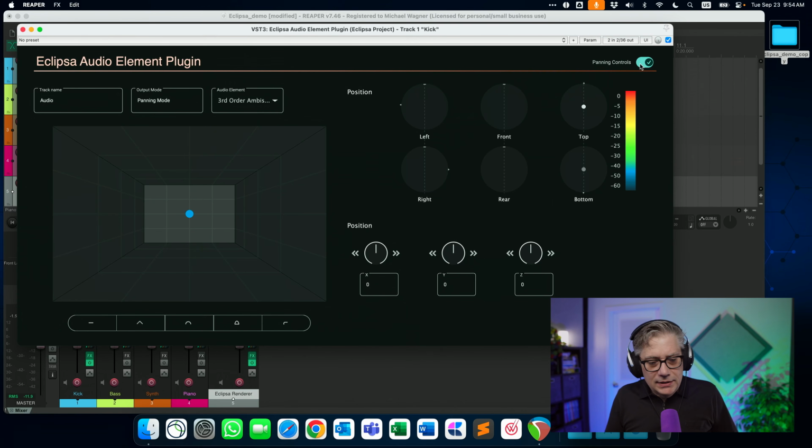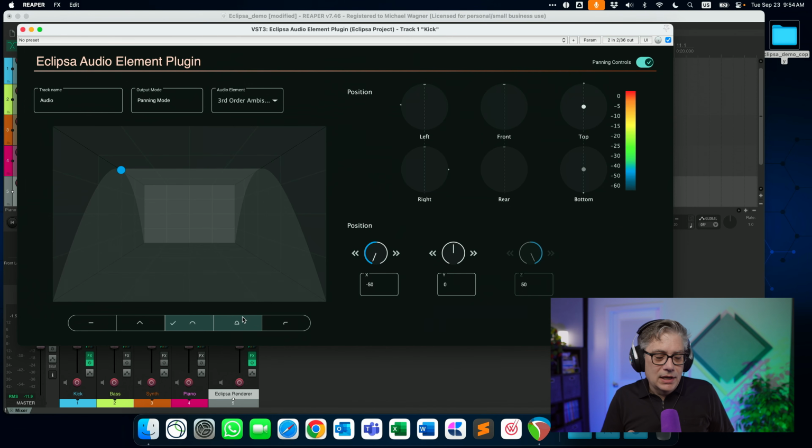And a little bit later in this video, I'm going to show you how you can actually use a different panner for Eclipse Audio so that you're not relying on that very, very simple panner here. But this panner has all the things that you would normally need. You can position the audio left, right, front, back, up, down, and then you have additional possibilities to make your life a little bit easier by having these limitations where the position of the audio object is following certain surfaces in your three-dimensional space.